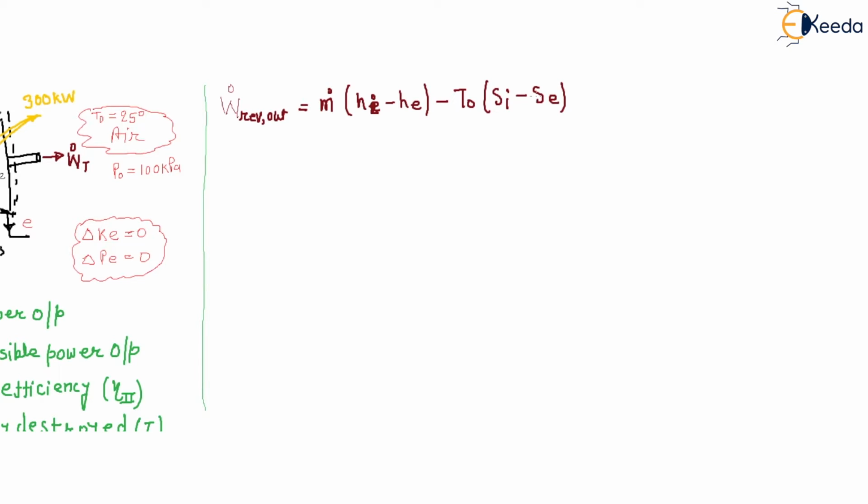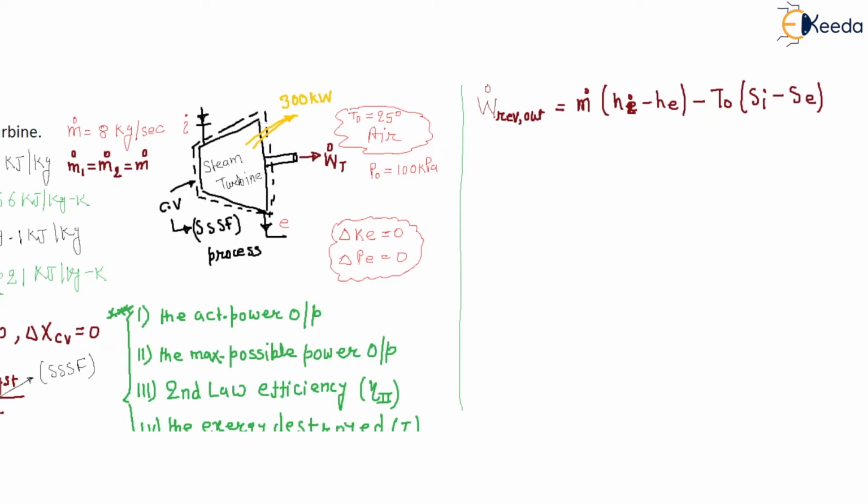Because the exergy transfer with heat is zero when the temperature at the point of transfer is the environment temperature. Why? Because if this temperature is given, you would put the exergy transfer due to heat, but this temperature is equal to the surrounding temperature. This is T naught according to the question, because there is an immediate surrounding. So this temperature is the temperature of the surrounding, so there is no exergy due to heat transfer.